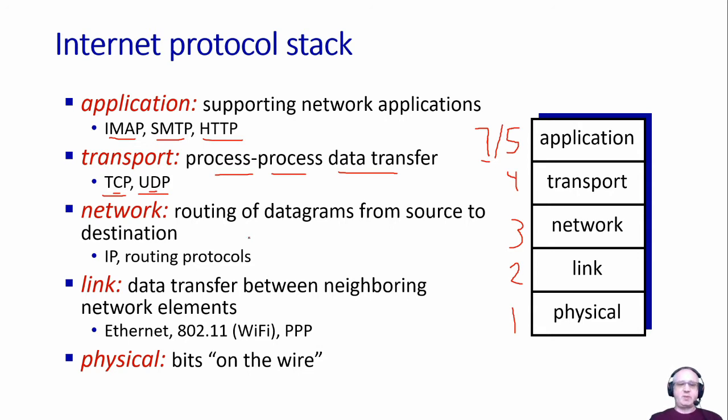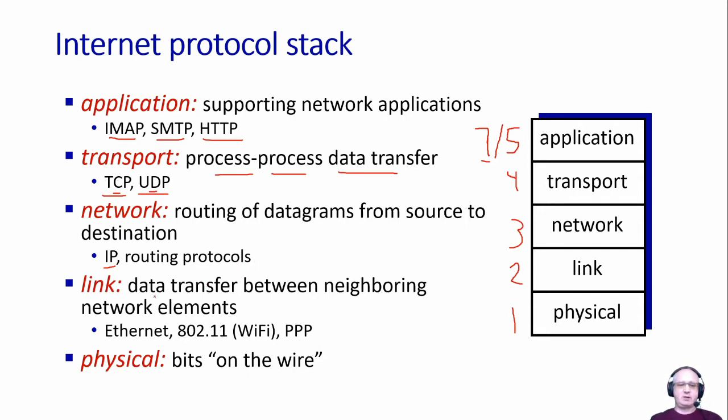So then layer 3 is the network layer. And the task of the network layer is to make sure that datagrams are sent from the source to destination, make it there, right? The most widely used protocol, in fact, the only widely used protocol here is IP, the Internet Protocol. But the network layer is also where routing takes place. That is the management of making sure that everyone knows which path a packet has to take through the network to reach its destination.